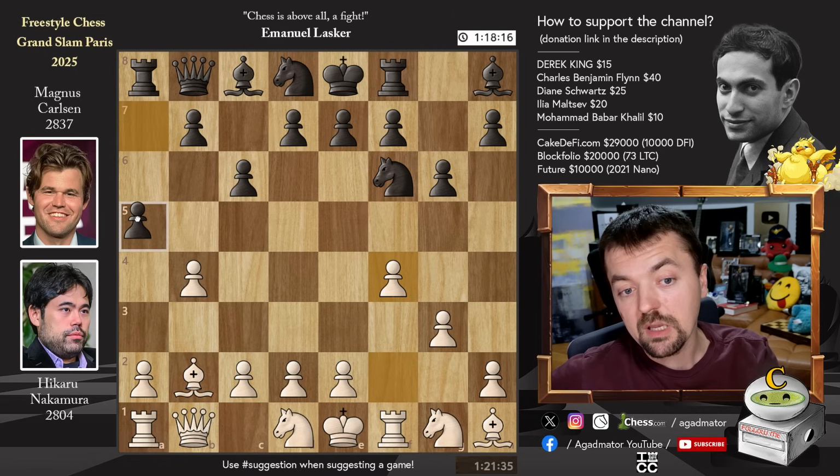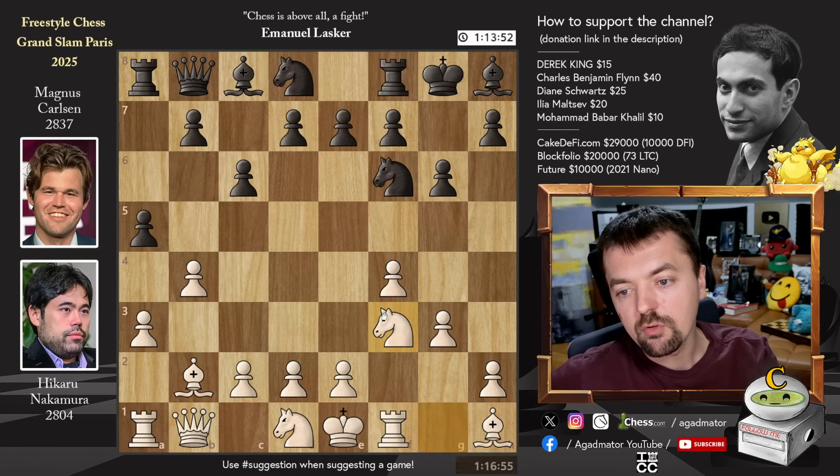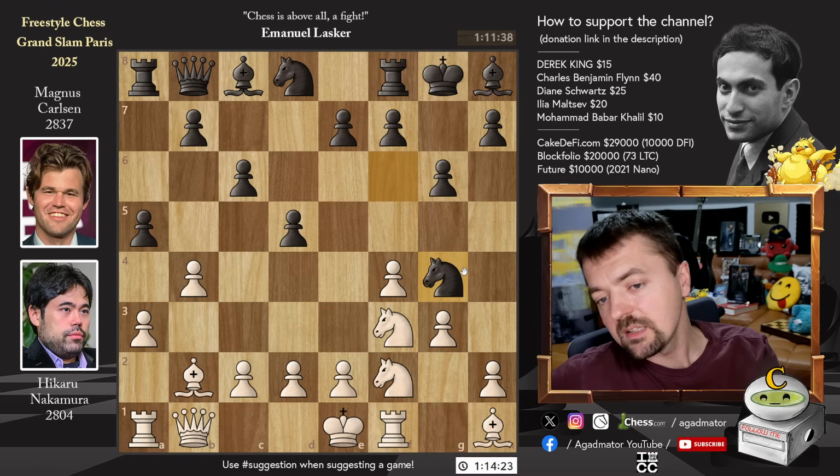Magnus strikes with pawn to a5. He wants to open up his rook. Pawn to a3, and Magnus castles king side. We have knight to f3, pawn to d5, and knight to f2. We have knight to g4, offering a trade. And this move,